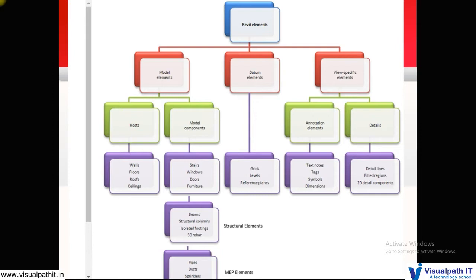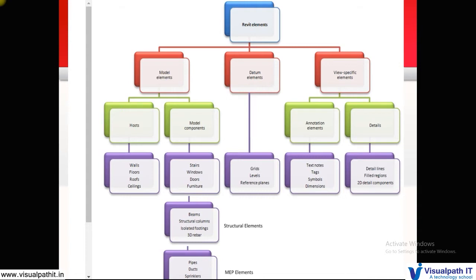And for details, you may need to hatch it. So I told you for 2D purposes, you need not go for AutoCAD. You can use your Revit as a 2D tool also. You need not specifically install AutoCAD. So you can do minimal 2D works here, which will cover most of the usage of 2D. So they will have filled regions, 2D components will be there, a door symbol will be there, then detail lines will be line, arc, circle, all these things are readymade available in Revit also. So they are called detail elements.